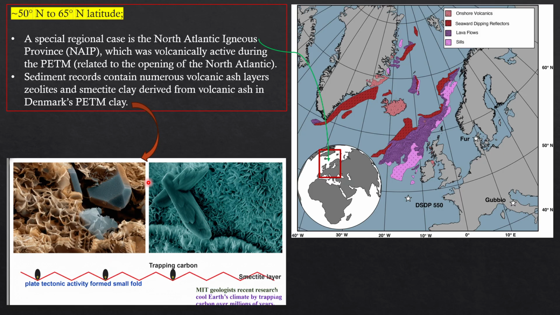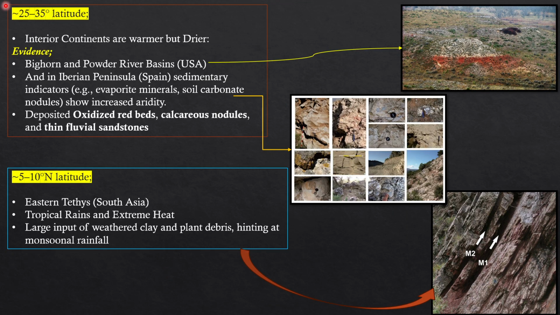So by this process at PETM, it cooled down the PETM event, and later on after 200,000 years, after this time duration, the temperature will be normal and the normal world comes. But this plays a vital role in maintaining the carbon dioxide level, because it traps the carbon. At this latitude, the world is also drier, and you can see this is the reason